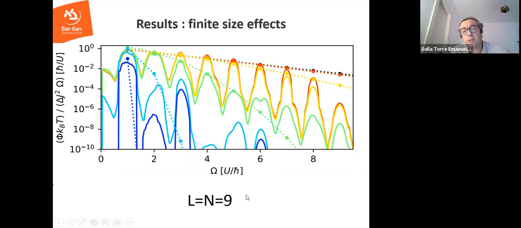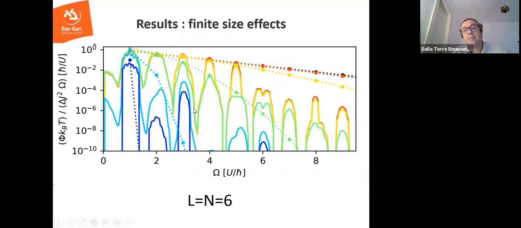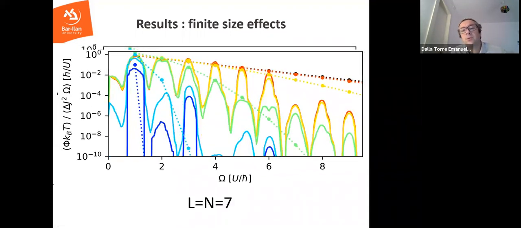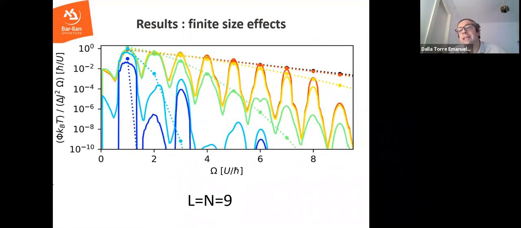The reason I could not go to larger numbers of particles is that, as you all know, quantum simulations grow exponentially. So the Hilbert space is exponentially large in the number of particles. Already with 9 particles you need to diagonalize very big matrices, and for 10 particles you would really need a supercomputer. But anyway, the trend is clear. So the semi-classical approximation really allows us to compute something in the thermodynamic limit. Again, limited to high temperatures.